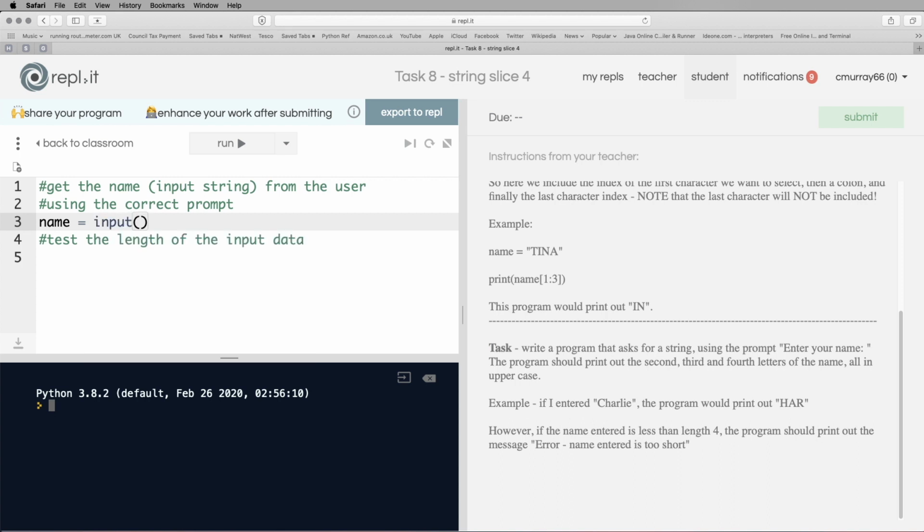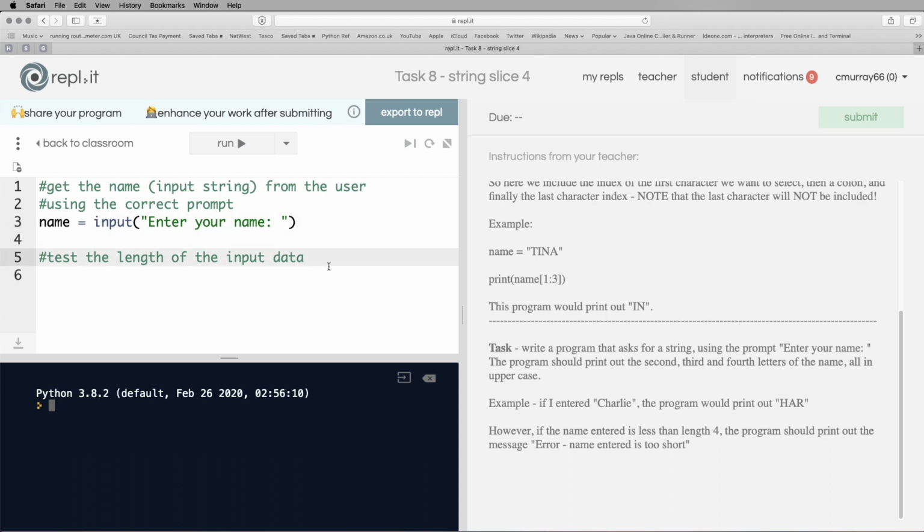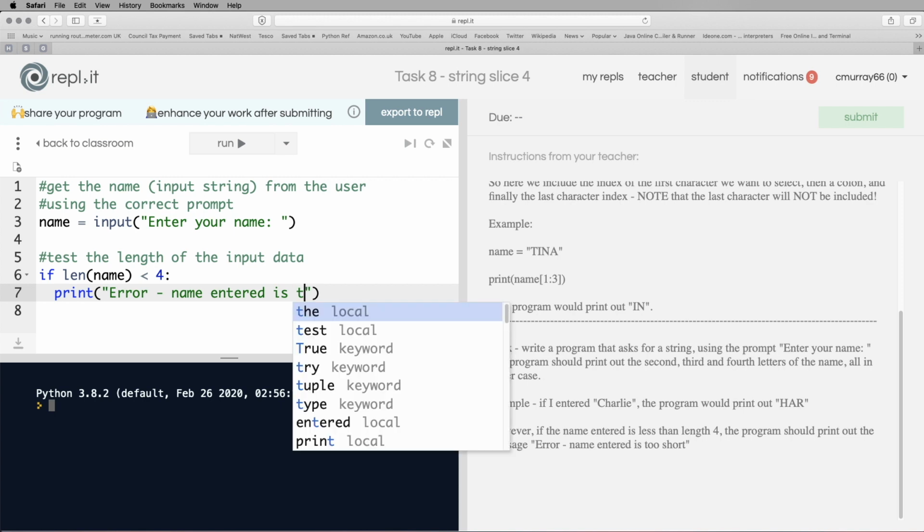My typing should be much better because that's a capital N there. Okay, and then we're going to test this again, and here, if length of the name is less than 4, print the error message, I'm copying it out straight away. Error, name entered is too short,